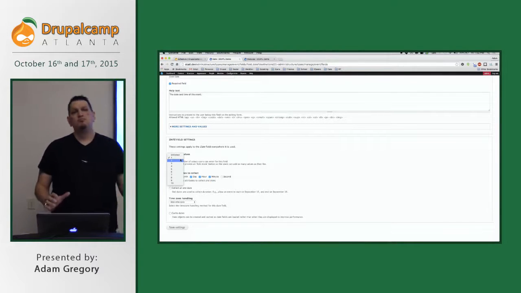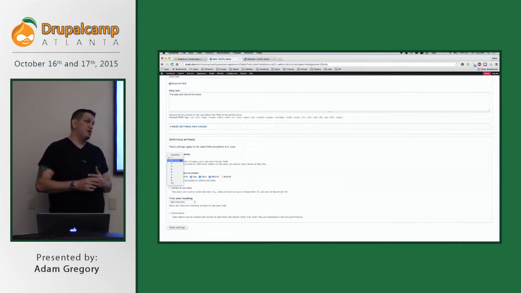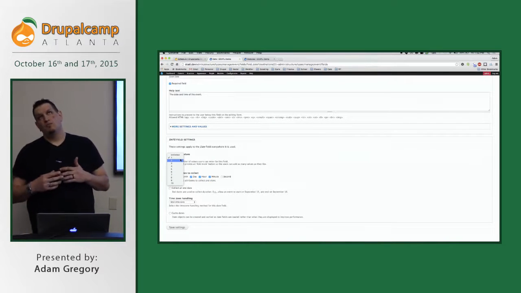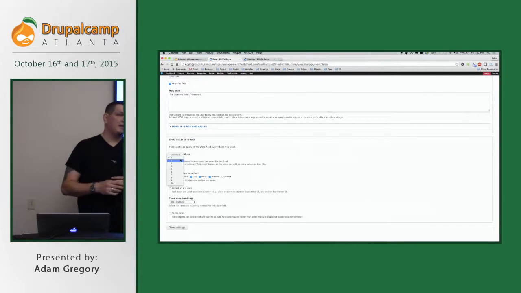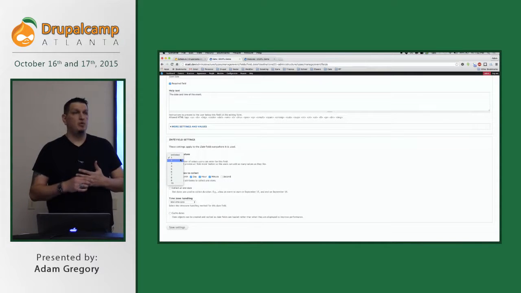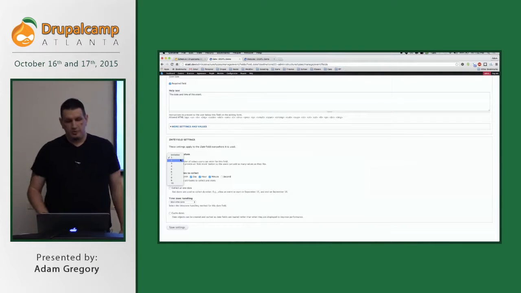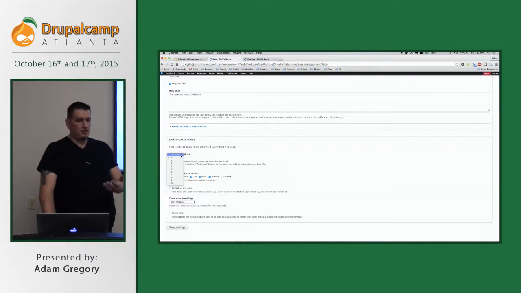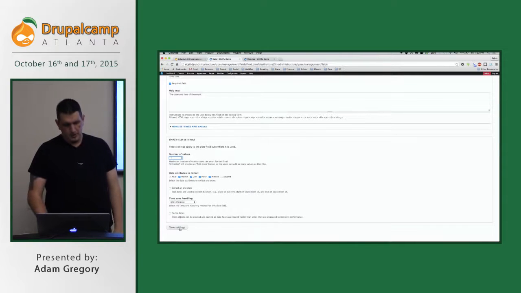Where would that be useful? Something like tags or categories, for example, that might be useful to have more than one value. With dates, there might be some scenarios where you'd want that. I can't think of any off the top of my head. Maybe if you were doing sort of like a repeating event or something like that, but there's other options available for that. But just think of it in terms of like categories and tags on a blog post, you want people to be able to input more than one sometimes. So it gives you the option to allow anywhere from 1 to 10 or unlimited, so people can just keep adding different things. So we're going to save that,